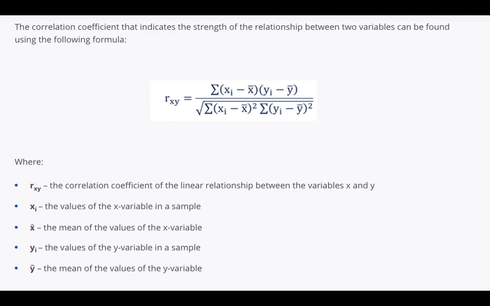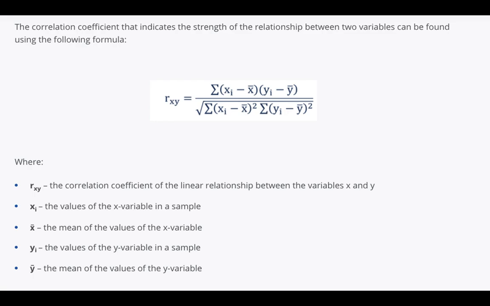So let's start with the formula. I already told the formula, but apart from that, we have to know what all the terms in that formula are, so there is a clear understanding of it. I took rxy because I am taking the relationship between two variables. The correlation coefficient is the linear relationship between the variables x and y.